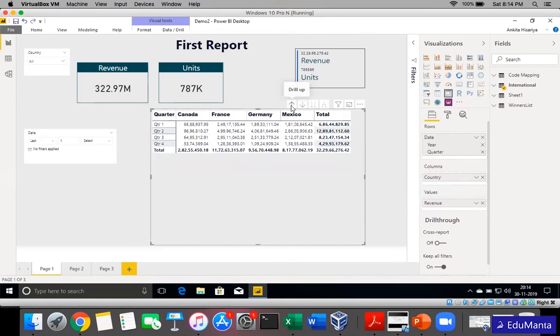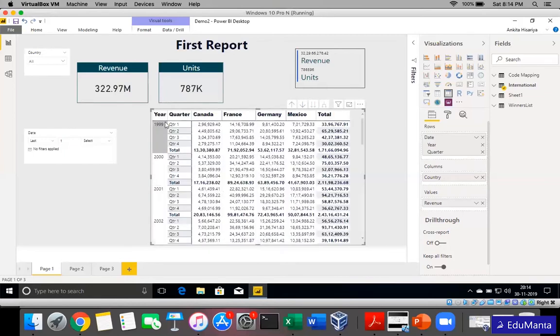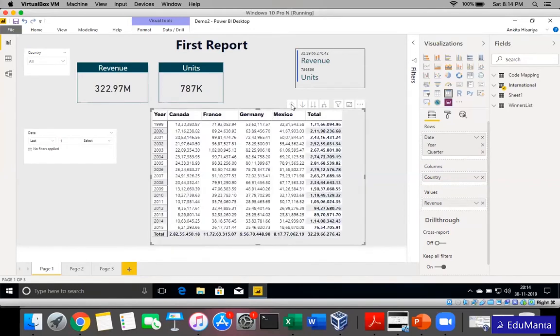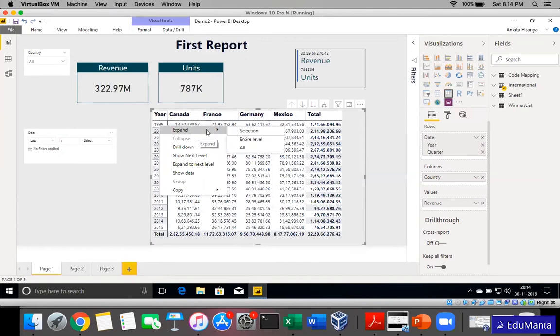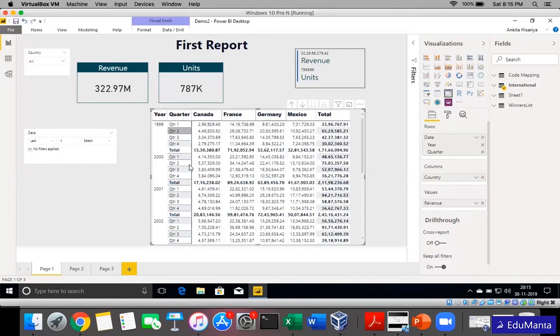If you want to move up, and if you want to see year and quarter alongside, then we say expand and not next level of hierarchy. Expand means, okay, this is there, but it is expanded to the next level as well. And these options which are available from the top icons are also available on the row header. For example, you can click on this side and you can say expand. I want just the 1999 value to be expanded. I say selection. Here only 99 will be expanded. If I want to expand everything, then I will say all. So everything will be expanded.